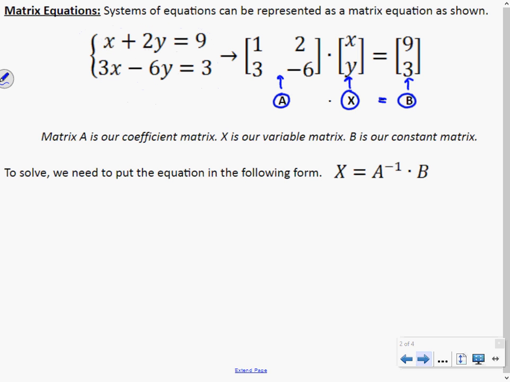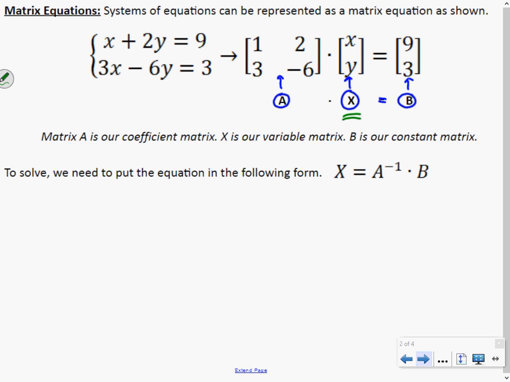But what we're trying to do here is get this matrix X, the one that has the variables in it, by itself. If we think about this as an equation, A times X equals B, we know that we would have to cancel the A off of the left side to get X by itself. And we can't divide with